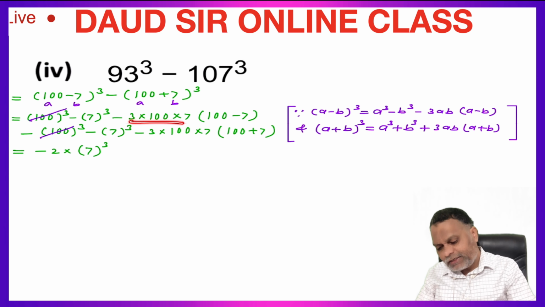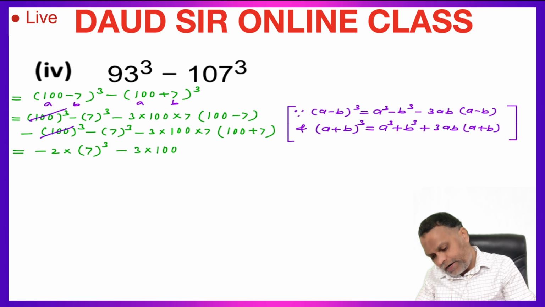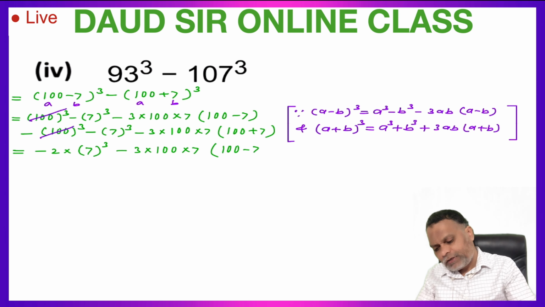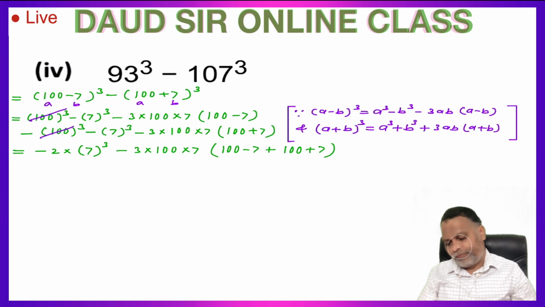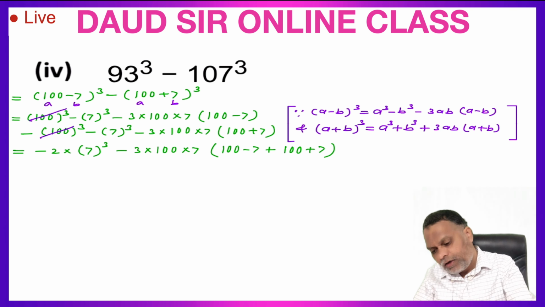Here minus 3 into 100 into 7, minus 3 into 100 into 7, take out common minus 3 into 100 into 7 common, so here 100 minus 7 left and this minus common, so multiply by minus plus sign, 100 plus 7 as it is. When we multiply this is minus and this is minus. This negative 7 positive 7 cancelled,